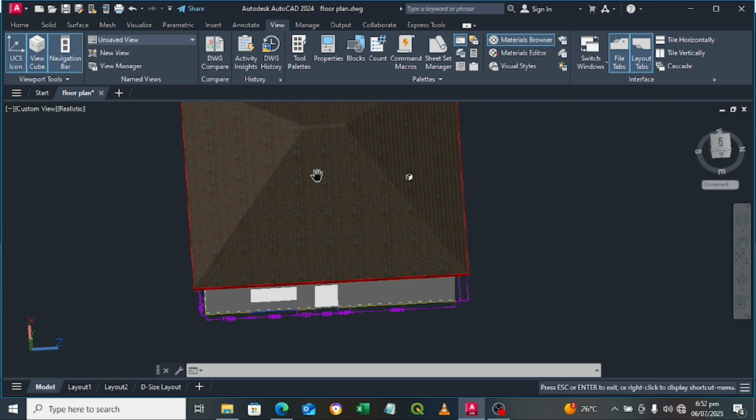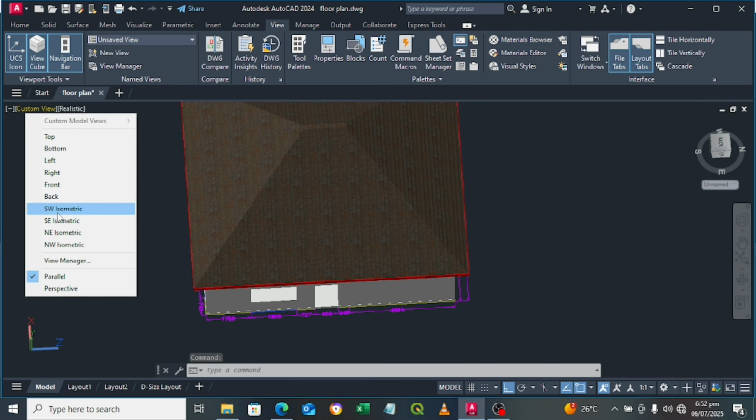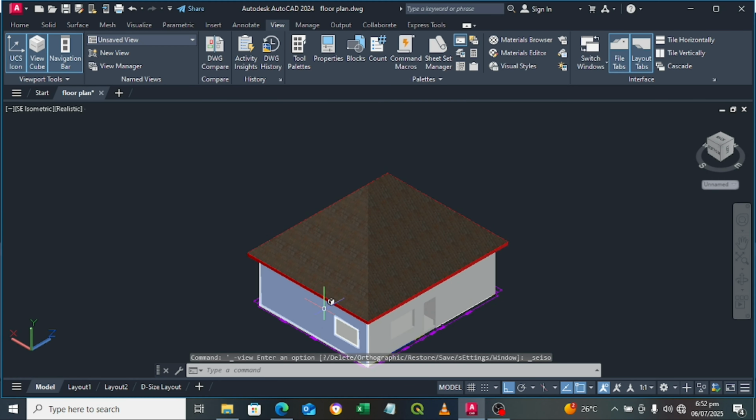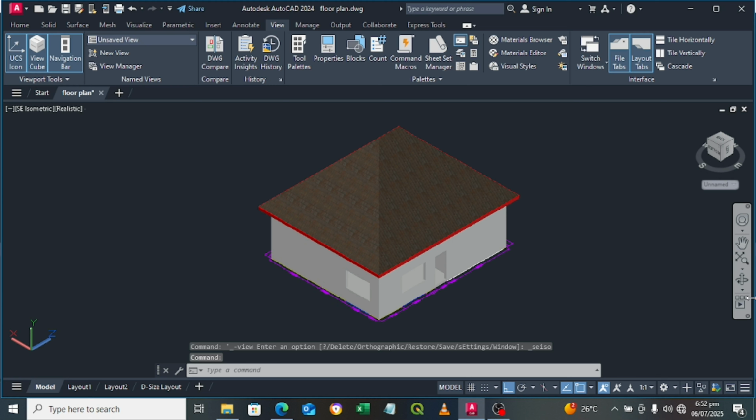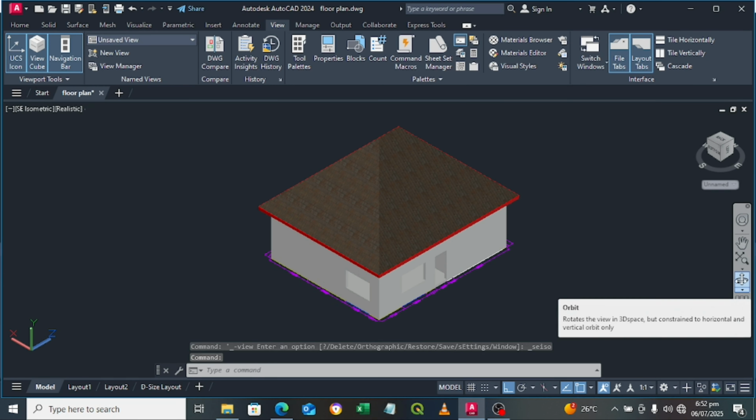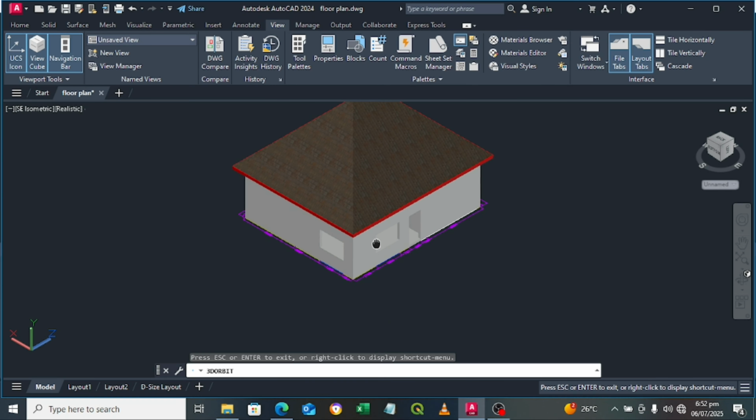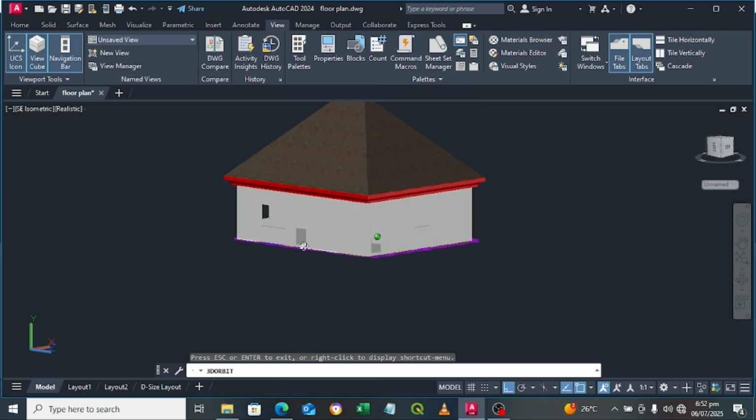Let's go there, southeast isometric view, then click on orbit. So guys, this is how you